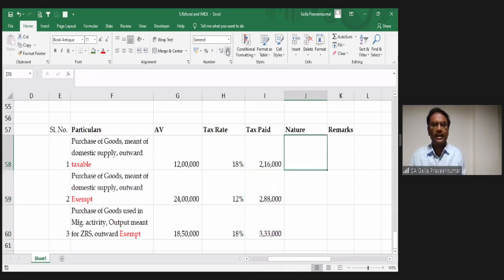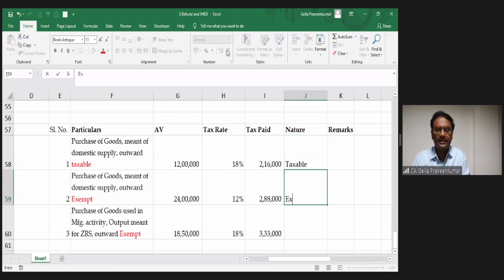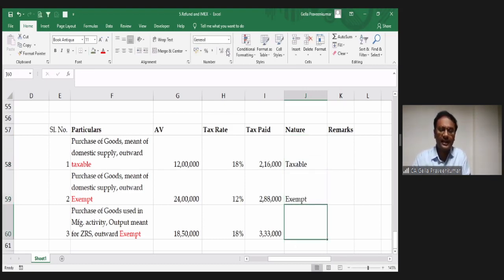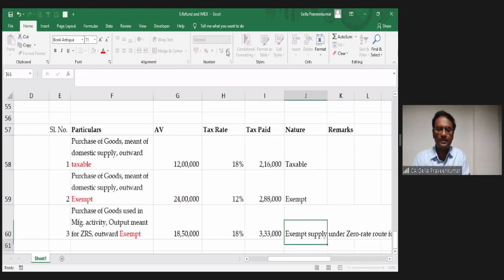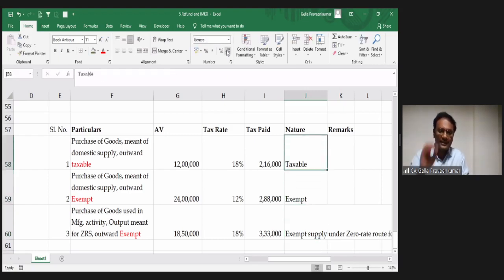Now here, friends, I'm saying that scenario 1, my outward supply is taxable. Scenario 2, my outward supply is exempt. Scenario 3, exempt supply under zero rate route for export. So, first scenario, I'm saying that my purchase, whatever I'm doing, it is used in an outward supply